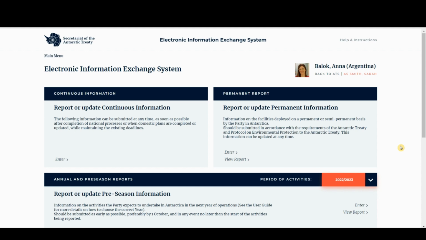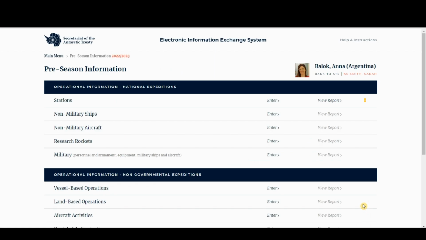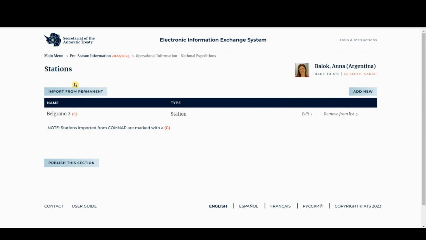Depending on the section, you might have the option to import from permanent information, pre-season information, or the previous year. For example, in pre-season information, which is information on activities your party plans to undertake over the next year of operations, we'll see in stations, for example, this button Import from Permanent. And permanent information doesn't usually change or only changes sporadically. So station information would be a good example of a section you could import from that category to your pre-season